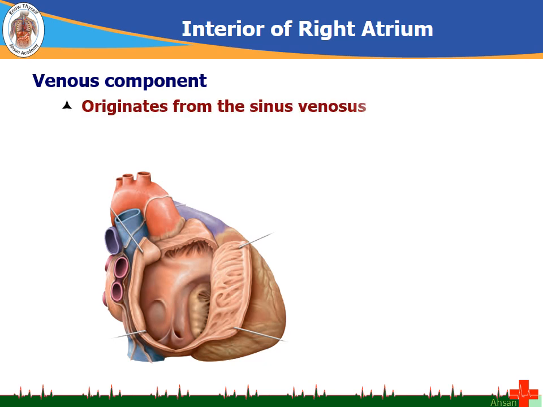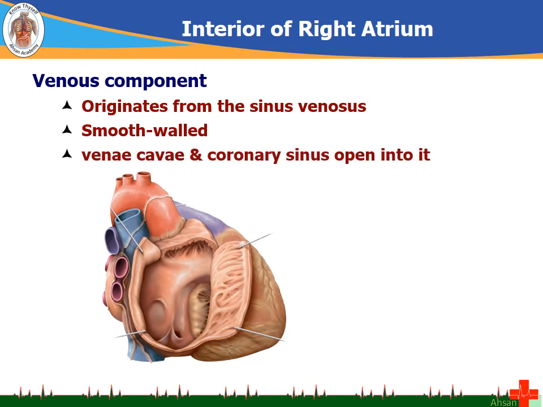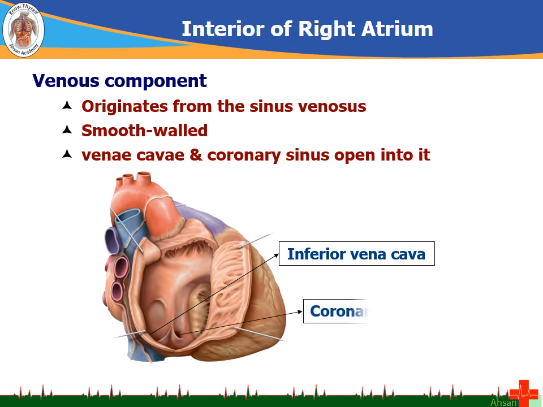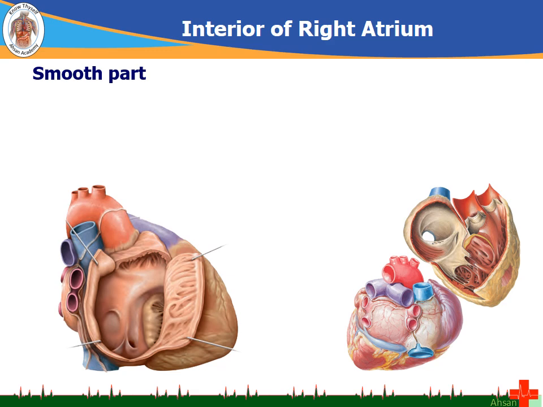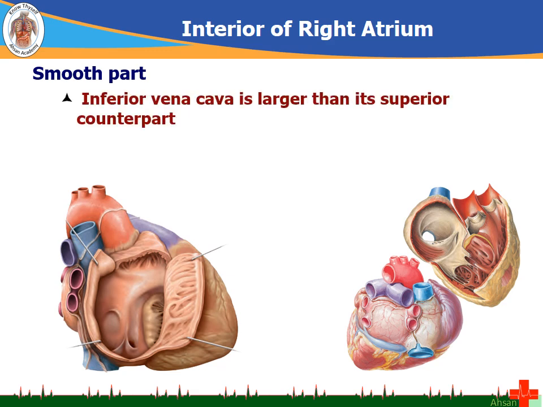The venous component, you can see, originates from the sinus venosus embryologically, and it has a smooth wall, and the superior vena cava and inferior vena cava open into it. This is the inferior vena cava, and this is the opening of the coronary sinus, and this is the opening of the superior vena cava into the smooth part. The inferior vena cava is larger than its superior counterpart,